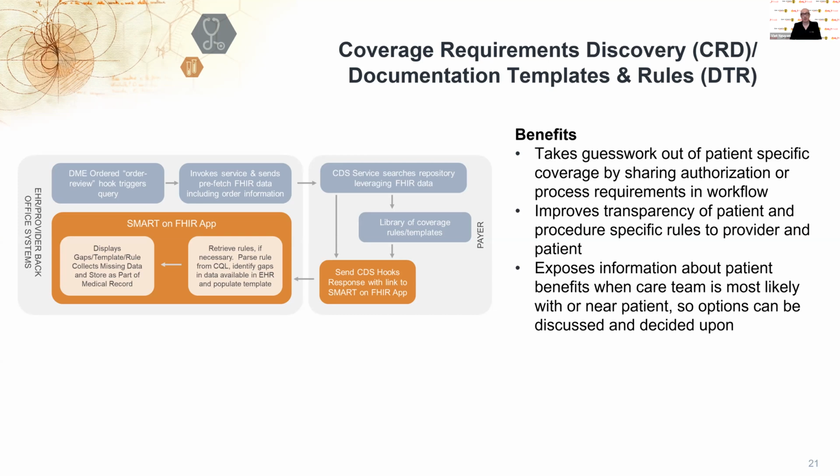If it's 2 or 3, you can put a link into the card that the provider can then click and opens a SMART on FHIR app. And that SMART on FHIR app would be based on this documentation templates and payer rules. And what that SMART app contains is really 2 major components. One is a questionnaire resource that the payer defines as the information they need in order to do a prior authorization. And the